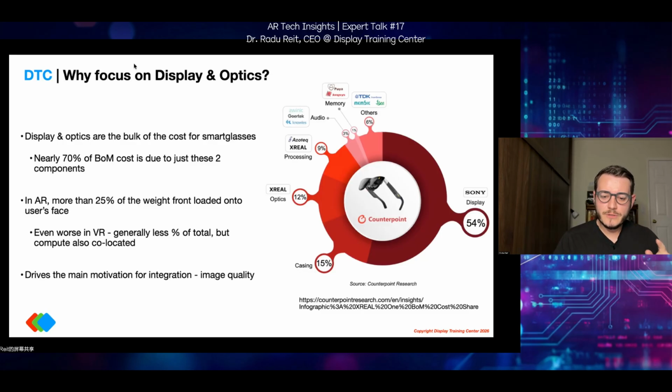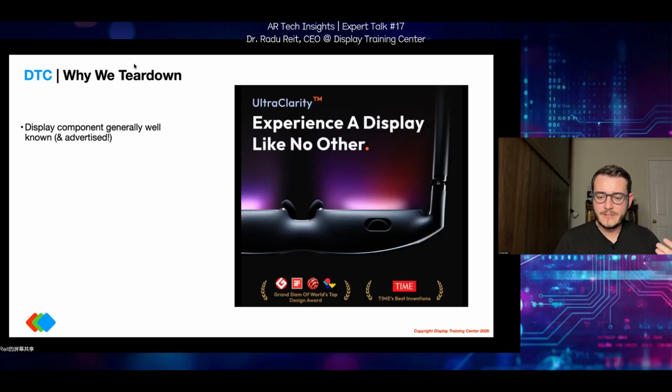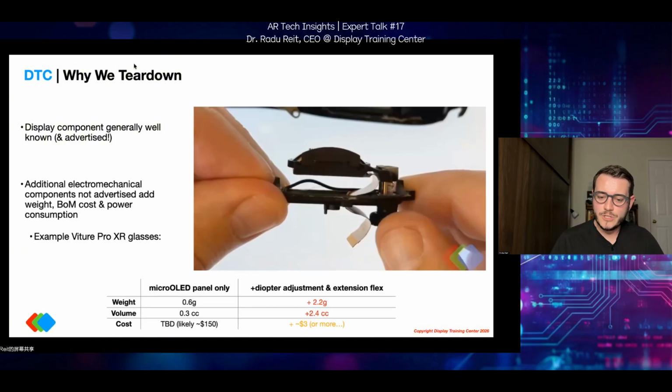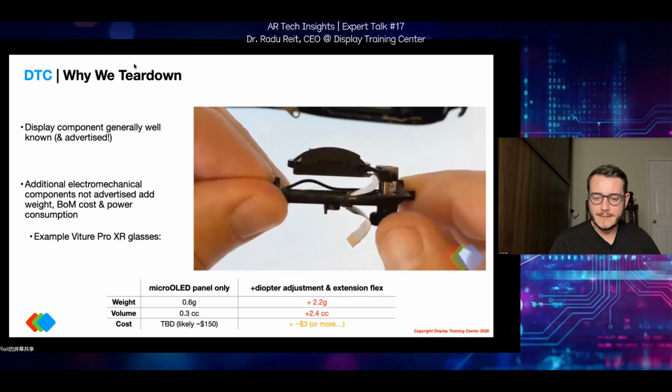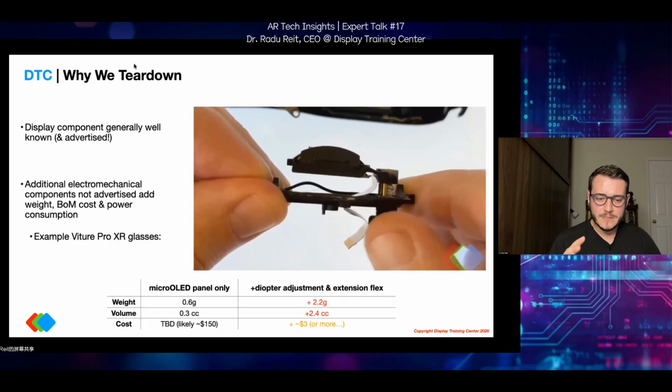And I would say that not only do we have to do this analysis on paper, we have to actually tear the device down and start digging into the hardware that is used. A big brand, in this case like Viture, is going to be very optimistic about what they talk about. They're going to advertise everything about their display choice as well as they possibly could, and they're going to tell us how many nits are going to be delivered to your eye. And we should trust, but we should verify. And not only verify, we should also try to understand what are the other issues that come along with the choices that they've made. On paper, we may have a fantastic OLED display, but